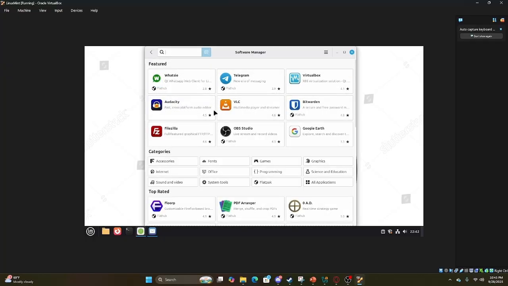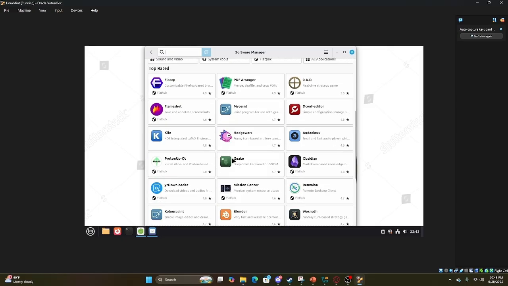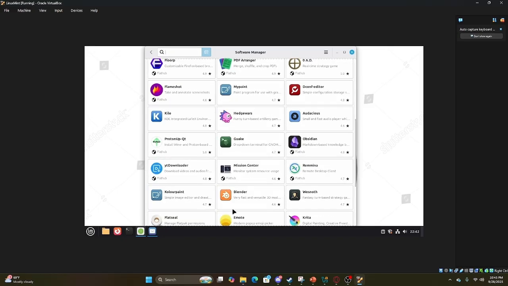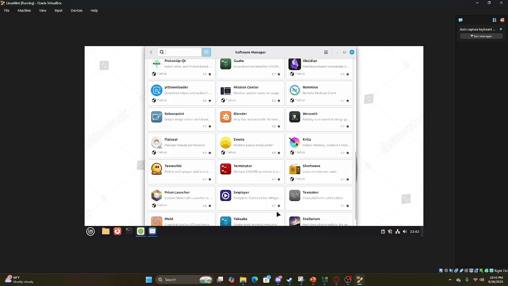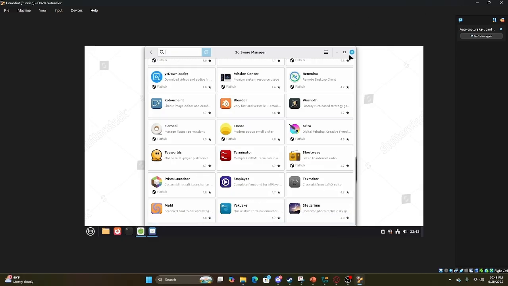The software manager where you install apps also works. You can install any apps on here. I'm not sure what apps they have because I'm pretty new to this OS, but any apps that you could really find are on here mostly. Blender, Krita, Prism, anything like that. It would really help you out in the long run. And yeah,